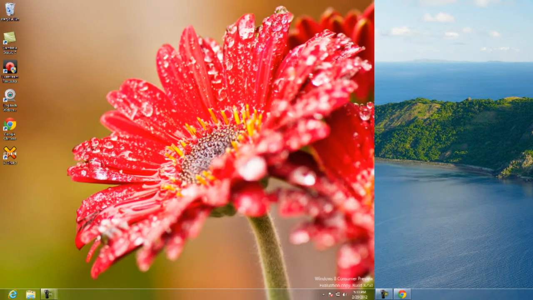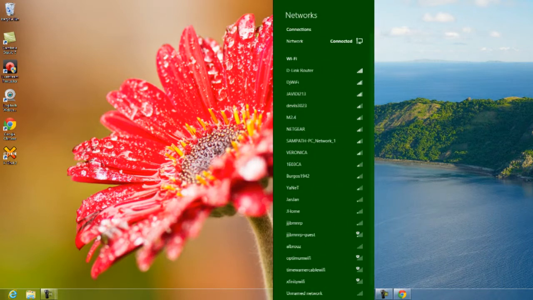I did not see the preview for the consumer preview itself, so I don't know all the exact features, but I'm showing you what I'm seeing as I start this application. This is the first boot of the Windows 8 Consumer Preview on this computer, so I don't know exactly what's going on. I did know that the start menu was missing, and we'll see other things that are going on. The whole window thing might be an issue, but they made improvements over the